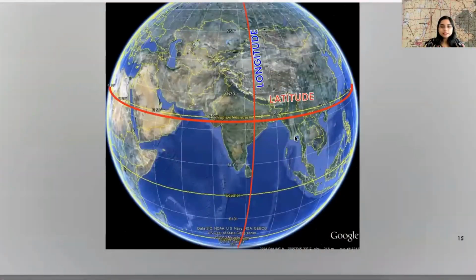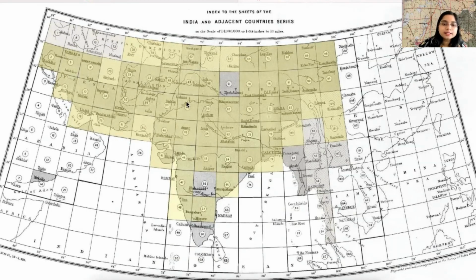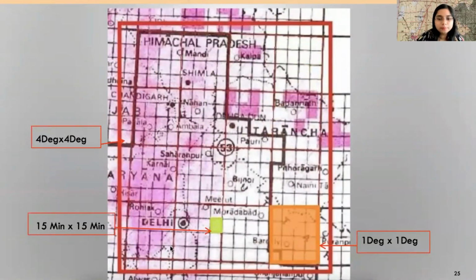So this is the latitudinal and longitudinal extension of the map of India. Again, they have further subdivided the map of India like this. For an example, you can take any of the numbers, like I'm taking 53. So if you take the grid 53, then if you take the 16 squares, then it will become your 1 degree by 1 degree map. And the whole will become a 4 degree by 4 degree map. But in your ICSE syllabus, you will just study a smaller area that is a 15-minute by 15-minute map.